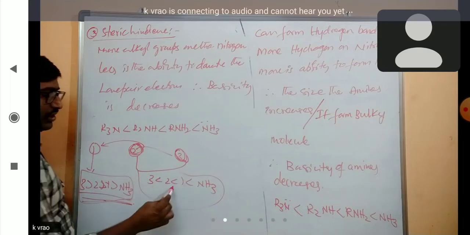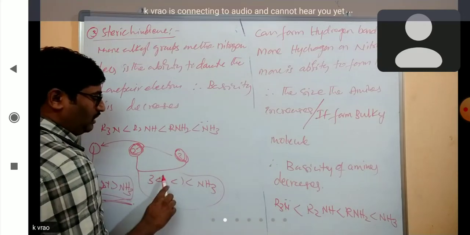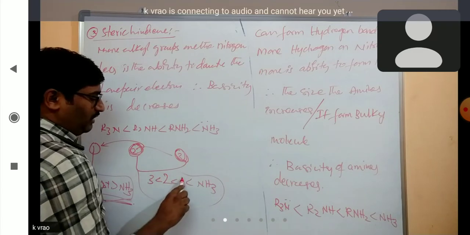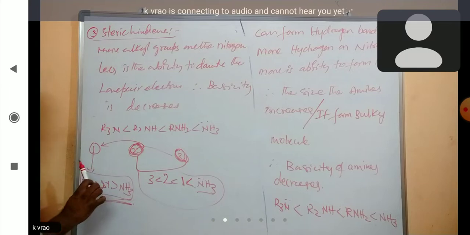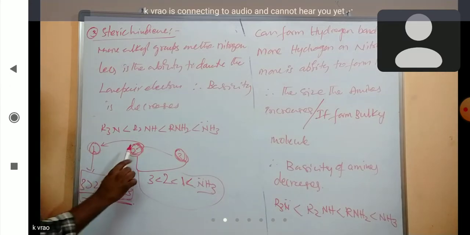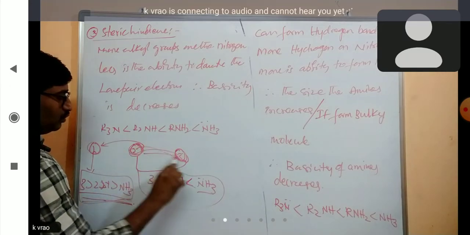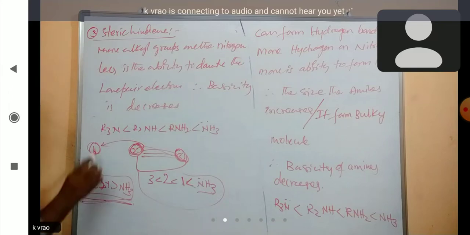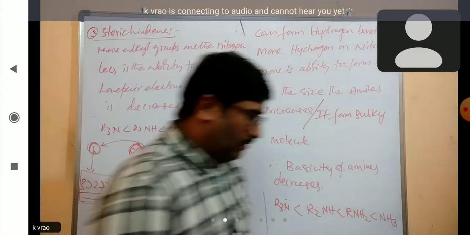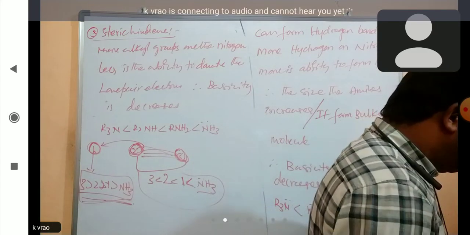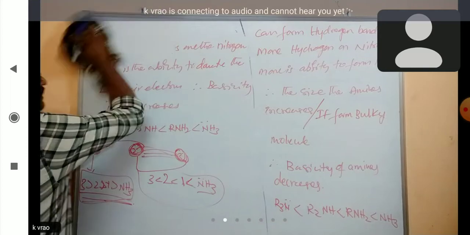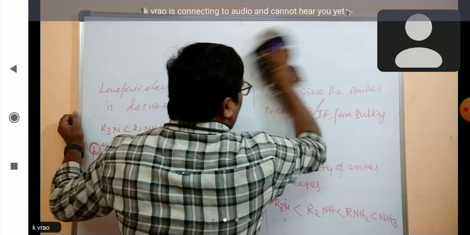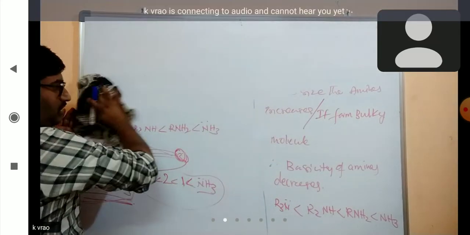So the order is 3 is smaller than 2 is smaller than 1 is smaller than ammonia. Factors 2 and 3 give almost the same information, but factor 1 is opposing 2 and 3. So from these three factors we concluded the basicity order of amines and ammonia is